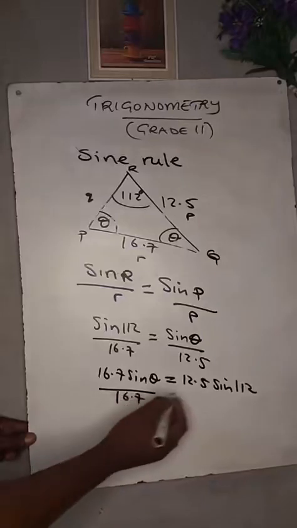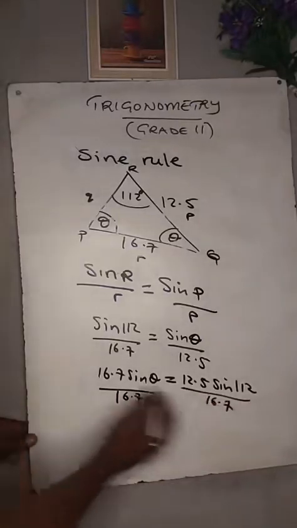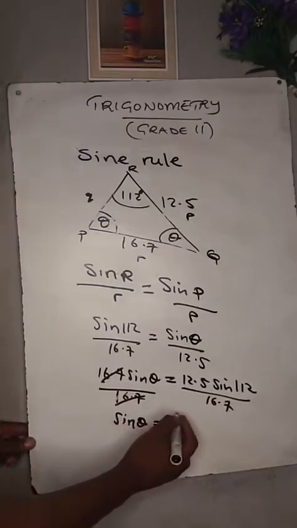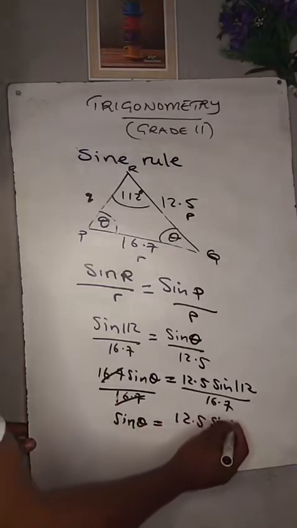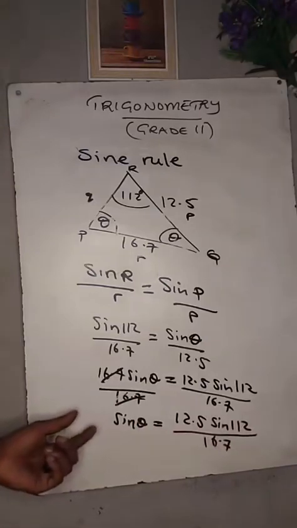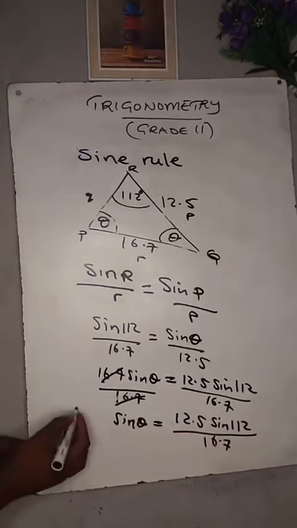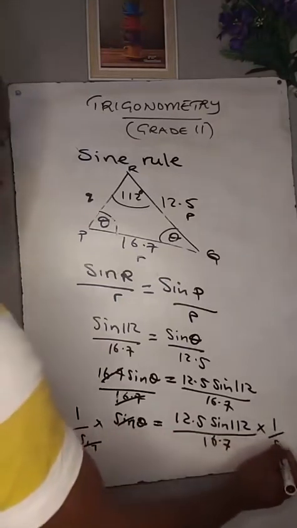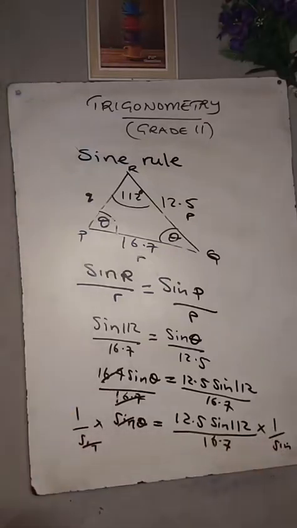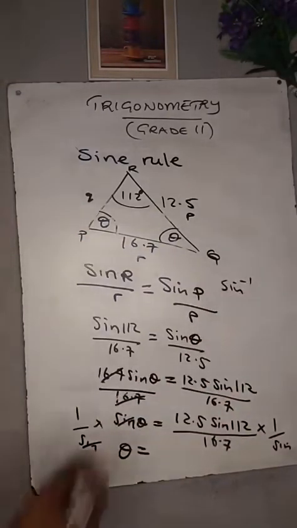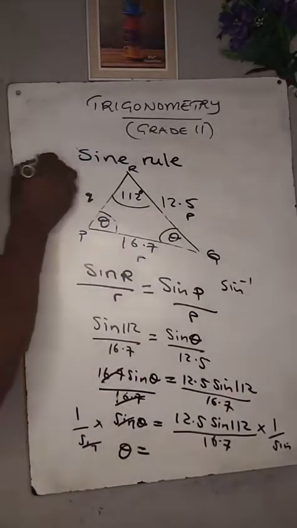Let me take it easy with this, so that now this will go. We'll remain with sine theta. The reason why I've chosen to take it like this is because I want you to understand the inverse part. Later on, we are going to multiply both sides by the multiplicative inverse, 1 over sine, so that this sine can go. Even that side will be multiplied by 1 over sine. Then we'll remain with theta is equal to. This 1 over sine can be written as sine inverse like this, just like 1 over P can be written as